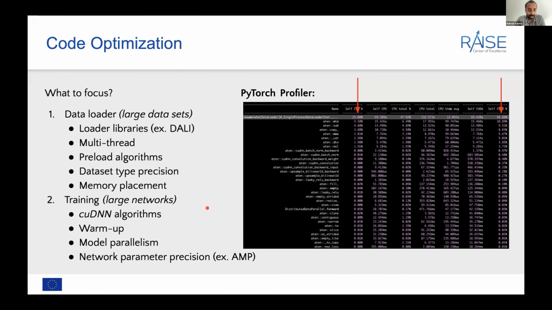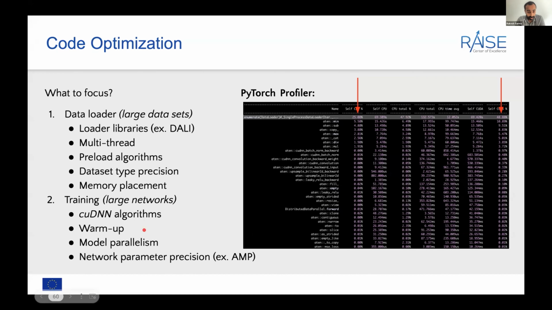Then for larger networks itself, there are different ways to do it. For us, we have tried the cuDNN algorithms, which are NVIDIA-based tailored algorithms, which are also useful for achieving better performance.